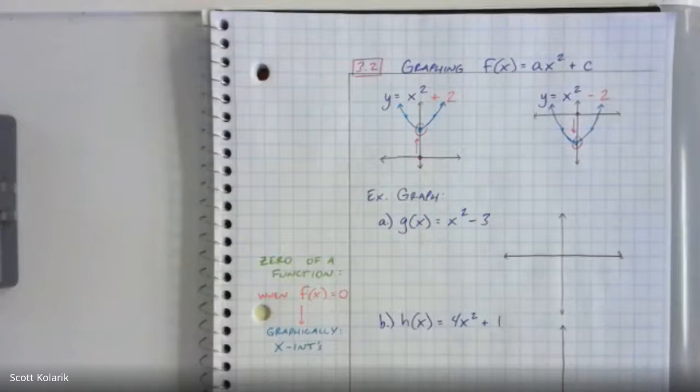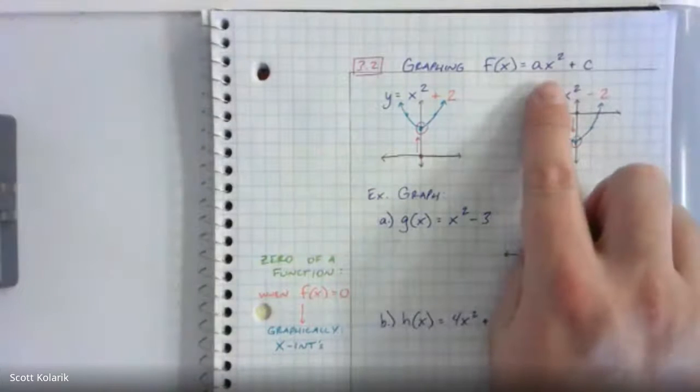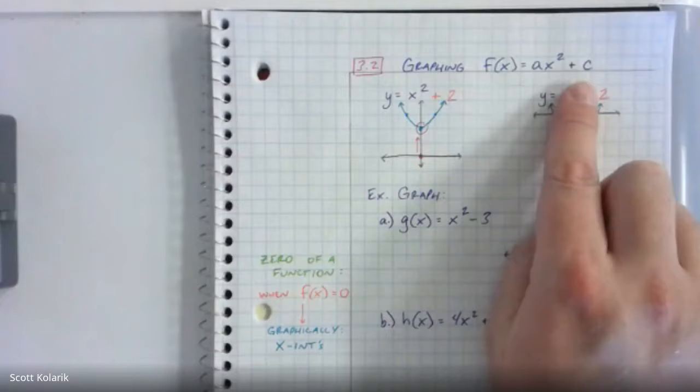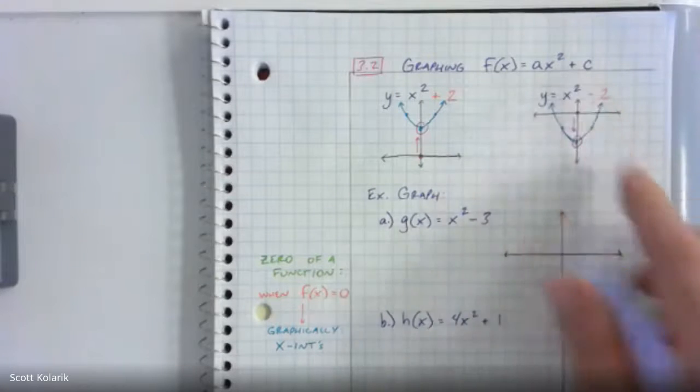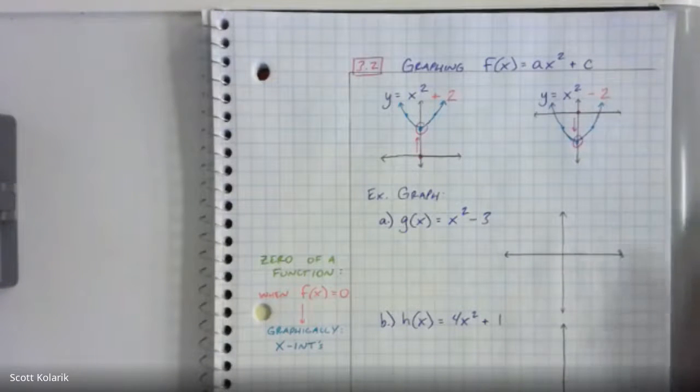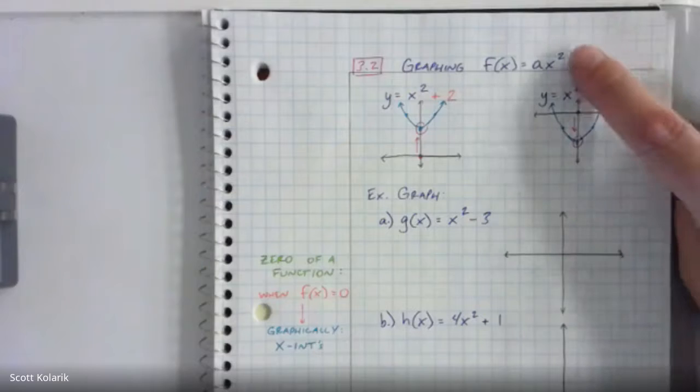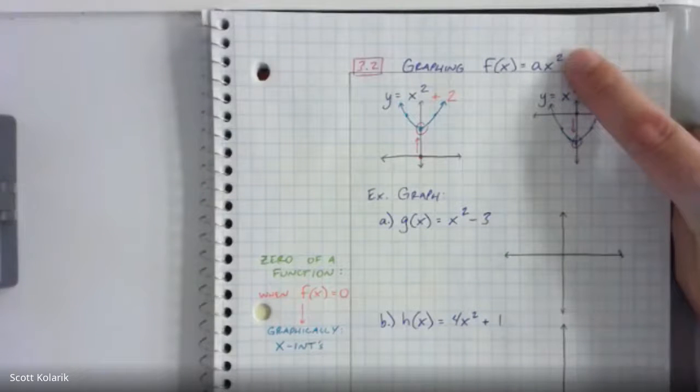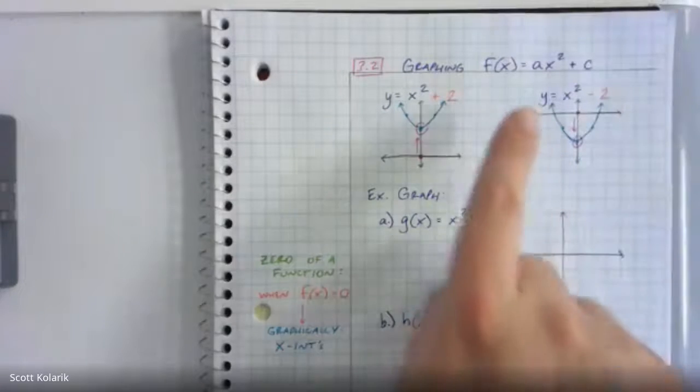All right, chapter 3, section 2, graphing f of x equals ax squared plus c. So really there's only a subtle difference in this section from what we did in the previous section. And this will actually look very, very familiar because in section 1, we basically did just that, ax squared. And again, just to give us a refresher, because it's worth doing in this section, there are two